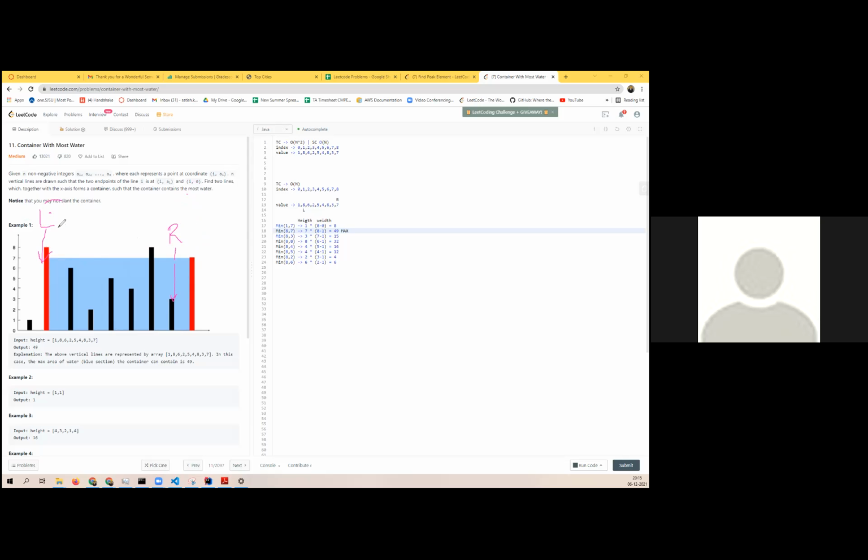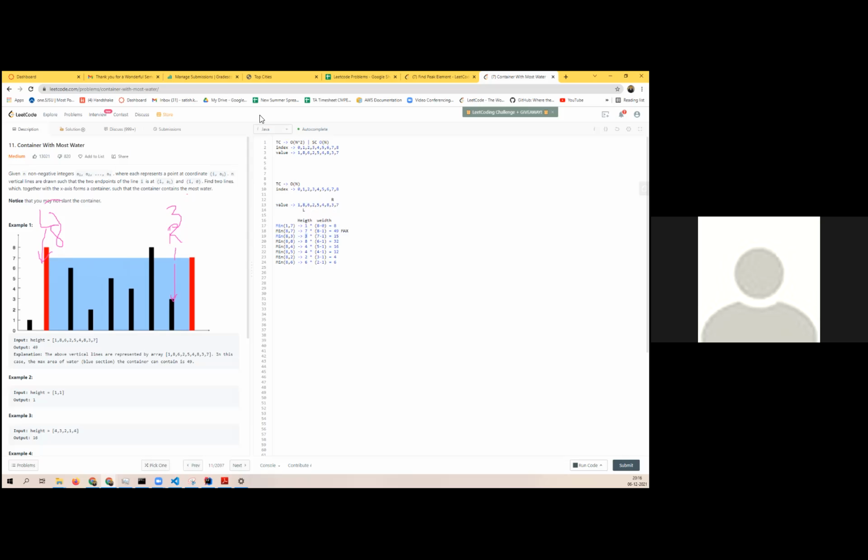So this is 8 and this is 3. If we just check the minimum of 8 and 3, we have decreased the right pointer, so the right pointer is at 3. I'm just writing on top of that. So we will find the minimum of 8 and 3, which is 3 in our case, and we just subtract